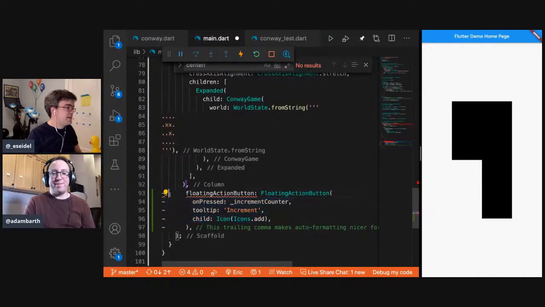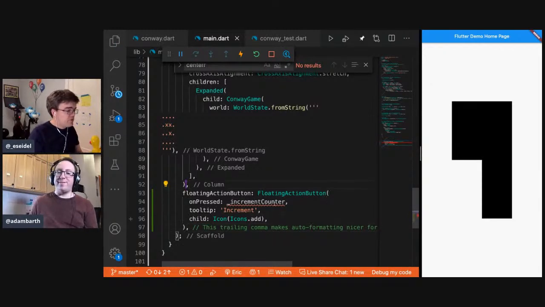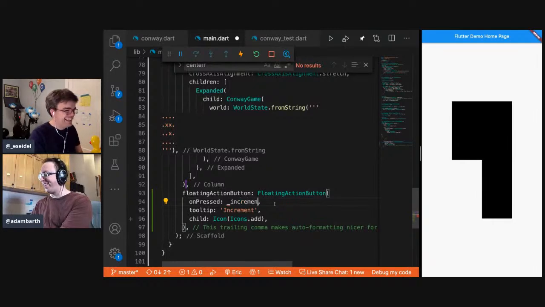Copy paste and thinking. That is a lot of programming for me. Okay, we have restored our program on pressed. I'll research cool icons while you make it actually work. Increment world.